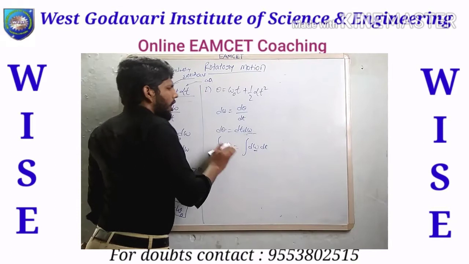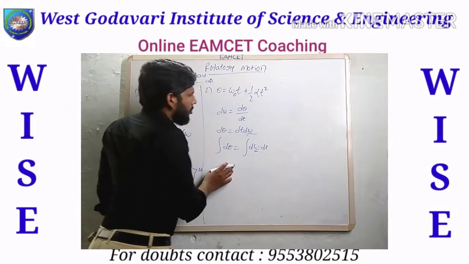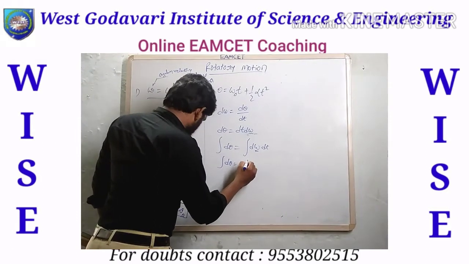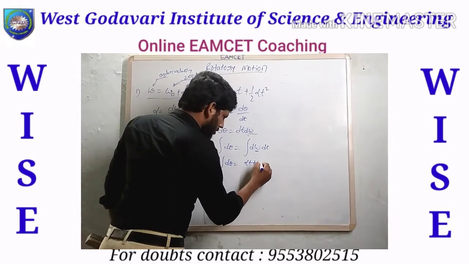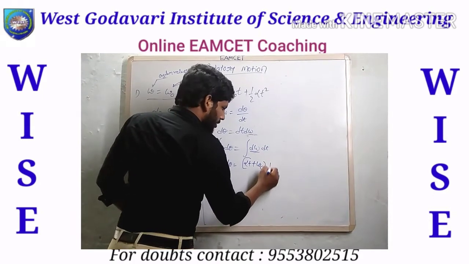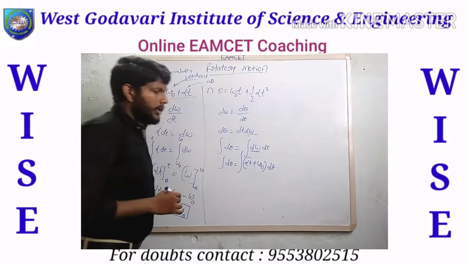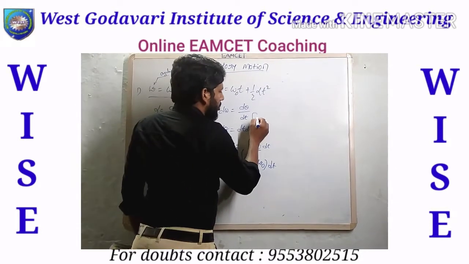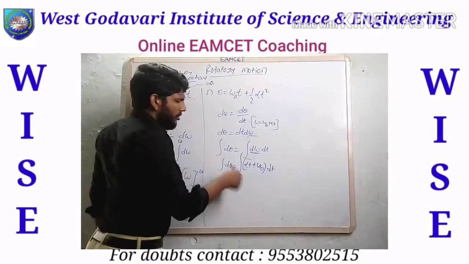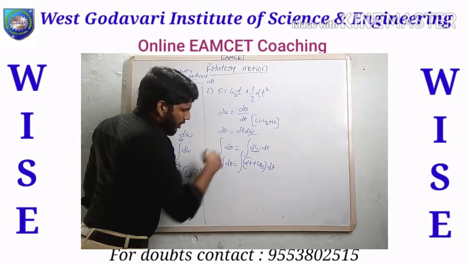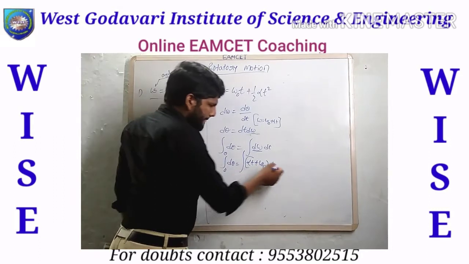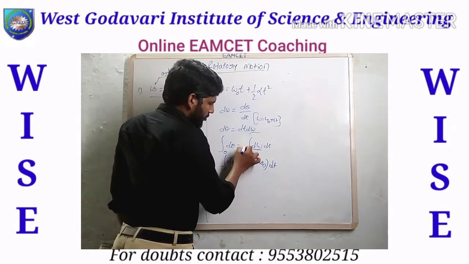Now substitute that same value here. Integral d theta equal to, substitute alpha t plus omega naught in the replacement of omega, with dt. So omega equals omega naught plus alpha into t. Obviously we substitute the same equation here. Now apply the limits: theta from 0 to theta, and t from 0 to t.